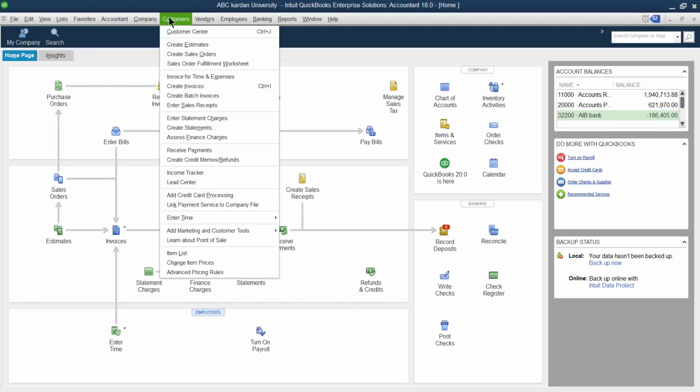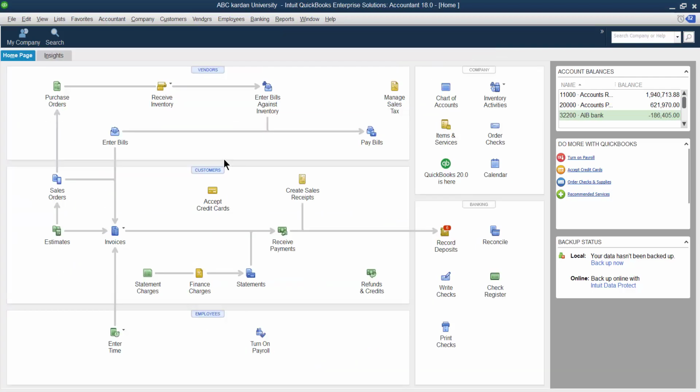Let us say customers receive the books and check that later on they found some problem with the books, and they have returned part of the goods back to the business. We sold and they returned back. So if there is any sales return, you sold something and now the customer returns goods back to the business. If they return goods back to the business, we have to go under create credit memo or refund. So sales return can be adjusted under this one.